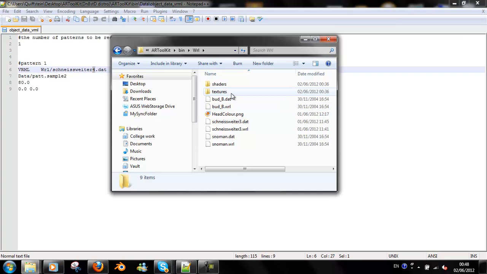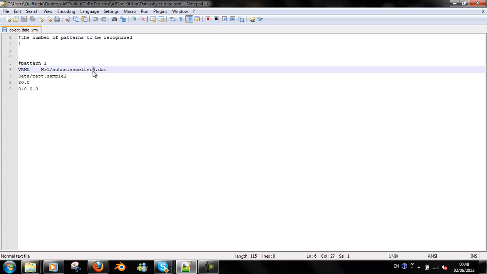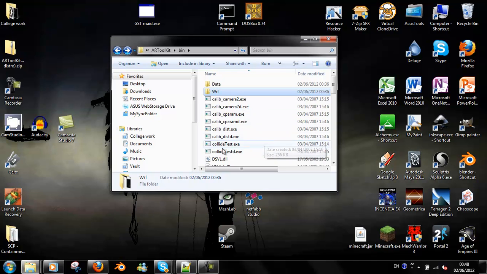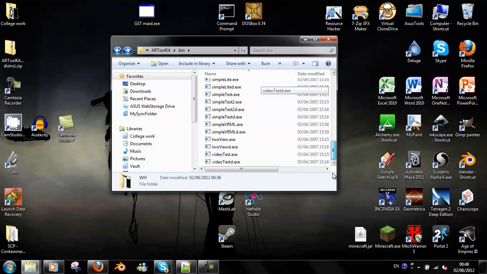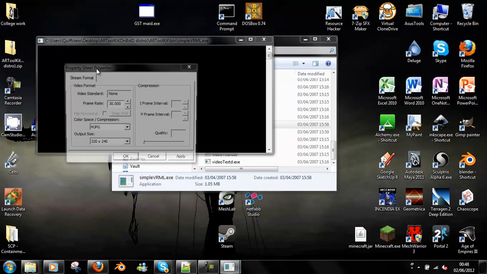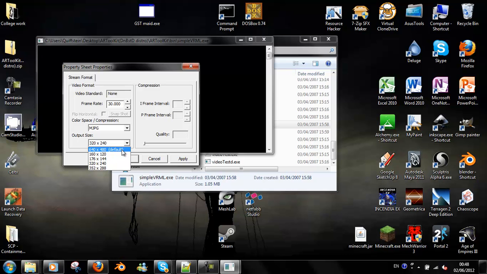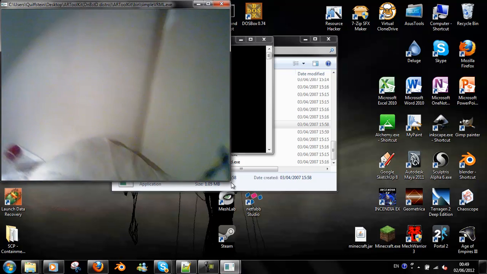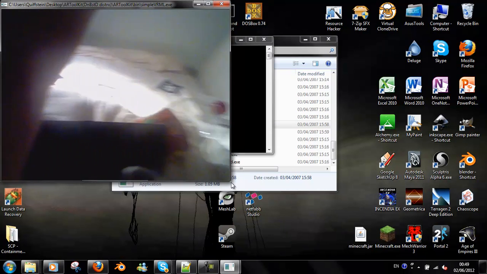In the models folder, WRL, there's only 3, so we need to fix this. Change that to 3, save, and minimize that, and now it will work, and if it doesn't, I will look like an idiot. So scroll down to the bottom and click Simple VRML. I'm just going to set it to the highest resolution possible. Okay, and as you can see, my bed, which is a tip,